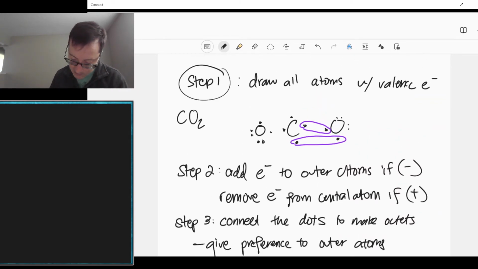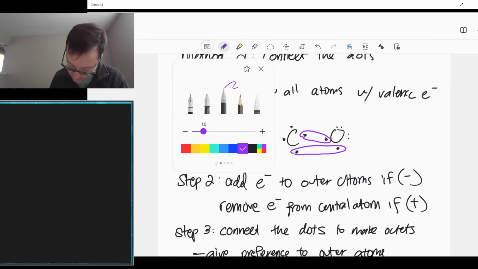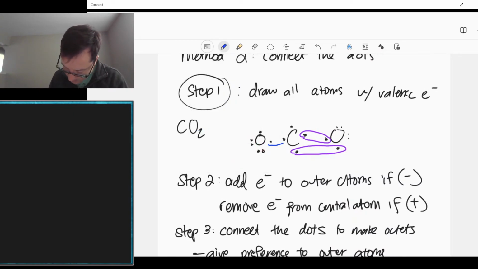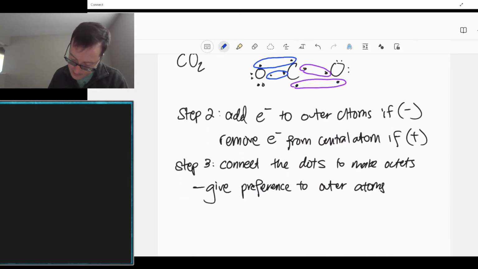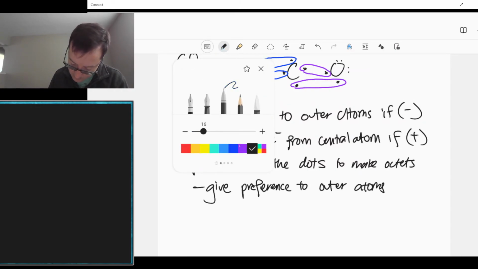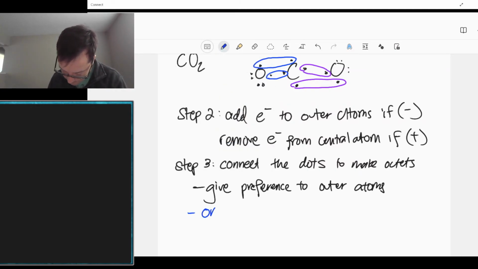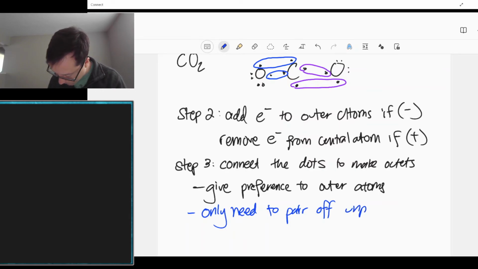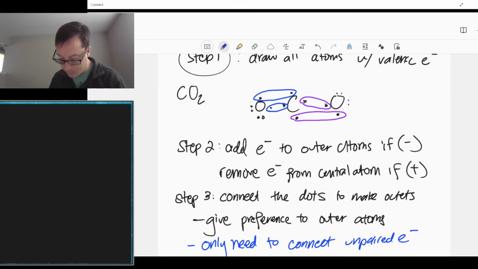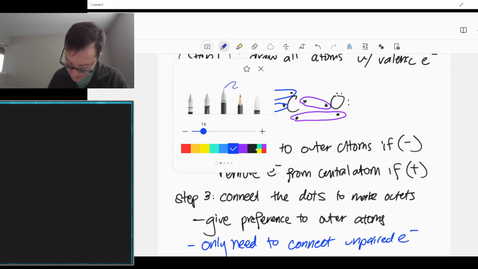So satisfy your outer atoms by connecting the dots. We're just going to say, aha, we have unpaired electrons here. We're going to pair those off. And how this works is we only need to pair off, let me just do, instead of, we need to connect unpaired electrons. So if we do this, what this means